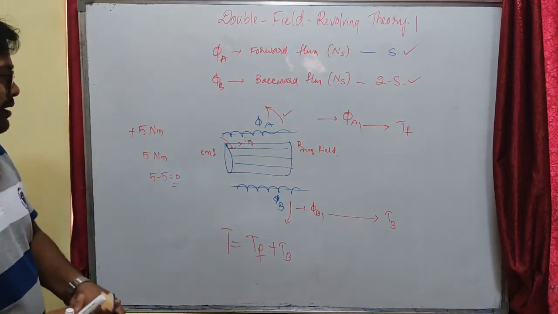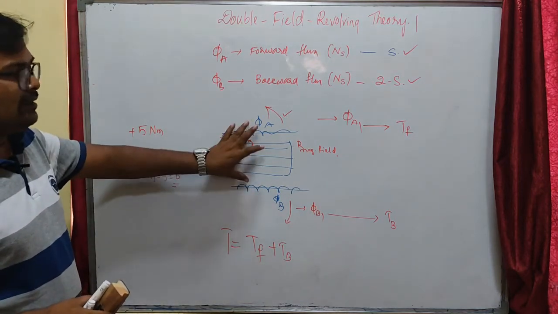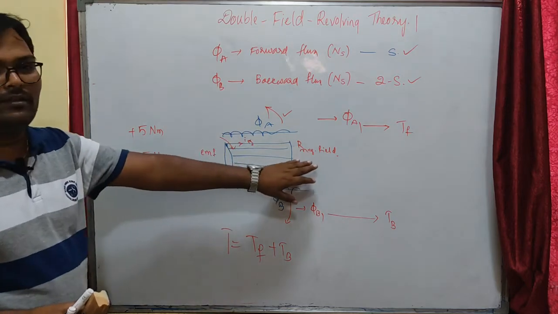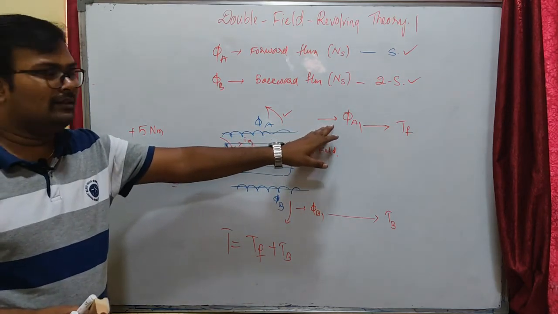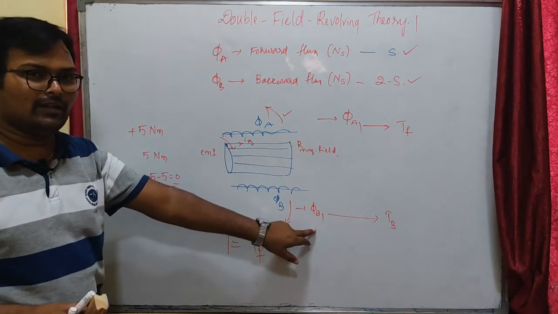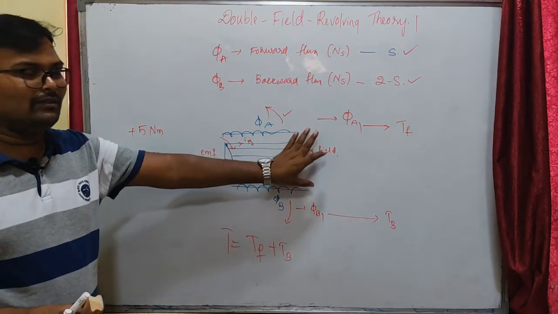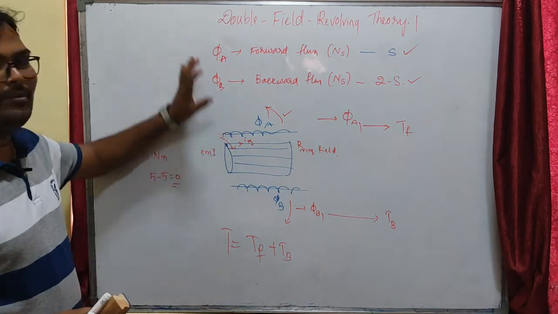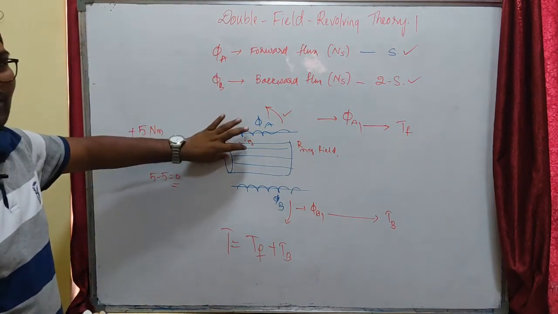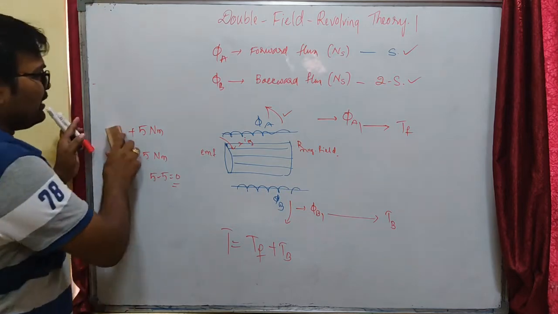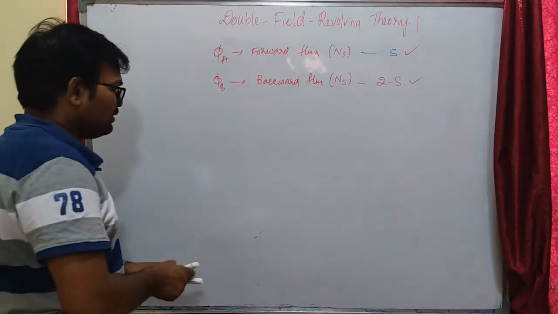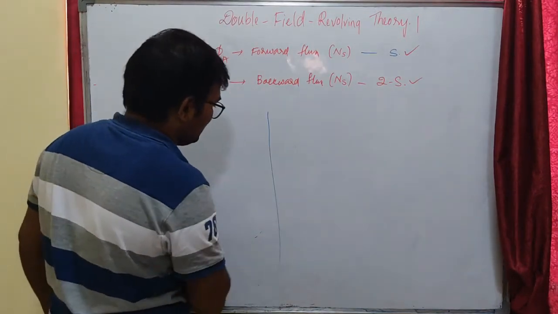Our two components in the stator, rotating in opposite directions, link with the rotor magnetic field and try to produce their own torque in their own direction. For forward it is forward torque, for backward it is backward torque, and they have equal magnitude rotating in opposite directions. That means the net torque will be 0. That's why there will be no force acting on the rotor of our single phase induction motor, and it is not self-starting. Let us try to understand the torque-slip characteristics of the single phase induction motor.